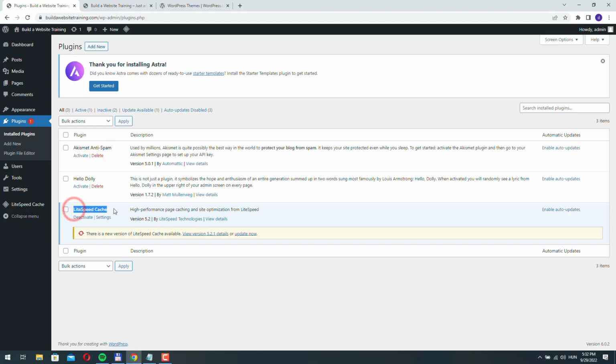This Lightspeed cache plugin is automatically installed by Namecheap. So if your WordPress is not on Namecheap, then you should not see this plugin. And as you can see, there is a new version available for this plugin, so we can update it. If you want to update a plugin, you just need to click the Update Now link, and WordPress will update